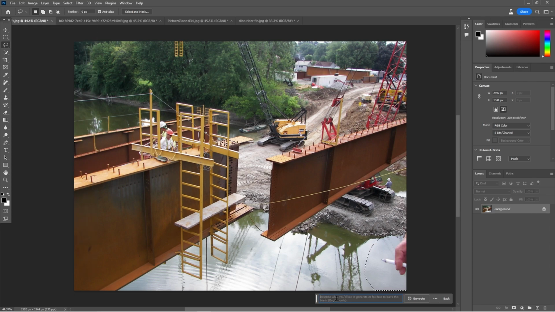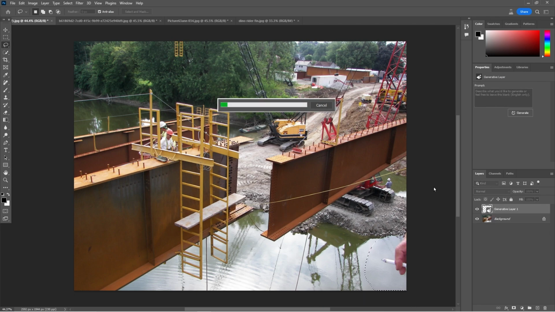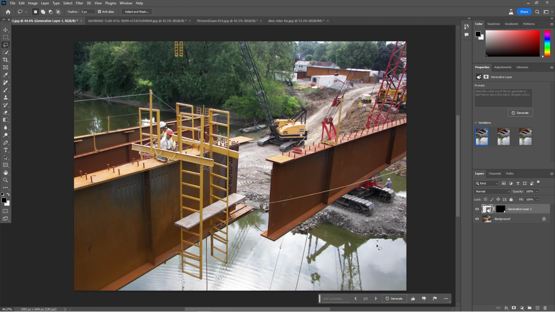You just hit Generative Fill, don't put anything in the prompt, and just hit Generate. I believe it uploads it to the web and then comes back down. What it does is create a non-destructive extra layer, so I can turn off the cigarette hand on and off. It saves the picture and does a really good job. The other thing it can do is, I typically have 3 options, so you can pick which one you like better. Maybe I like that one.